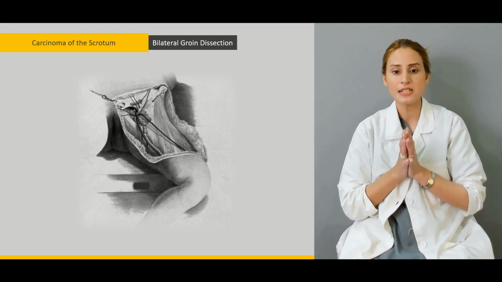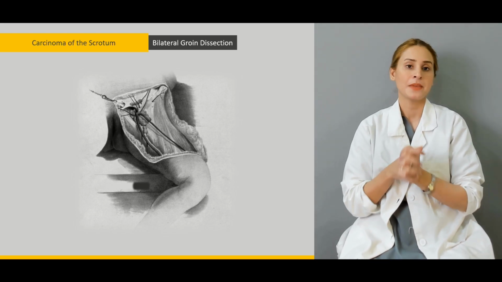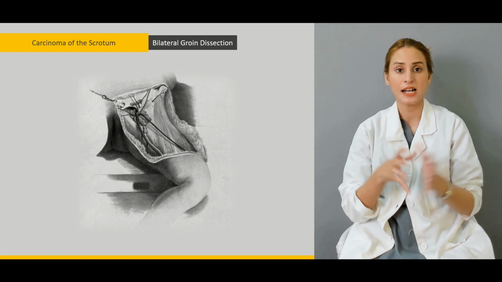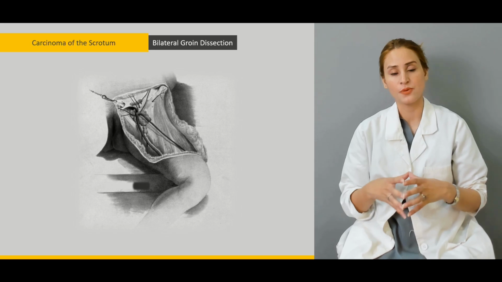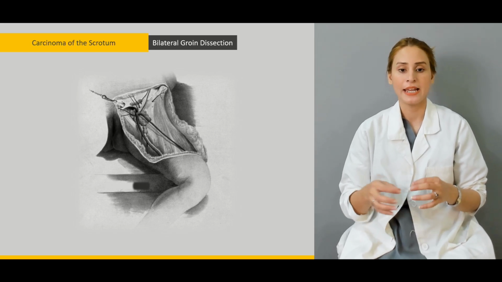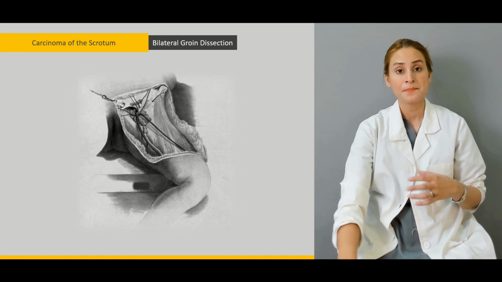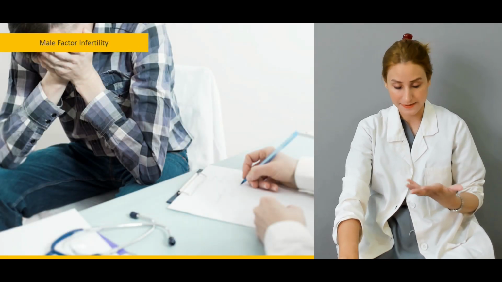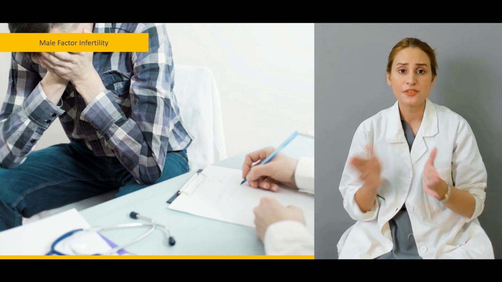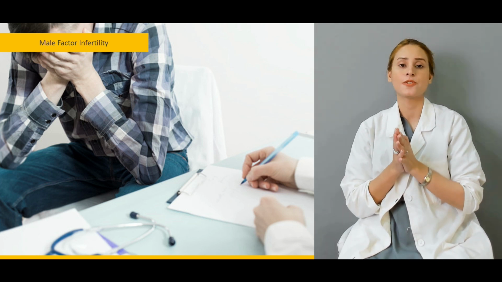You can see here in the diagram, what you do is you surgically excise the scrotal skin, and you also combine it with a bilateral groin dissection, and you just remove the lymph nodes which are being drained by the carcinomatous cells. So this was about the conditions of the